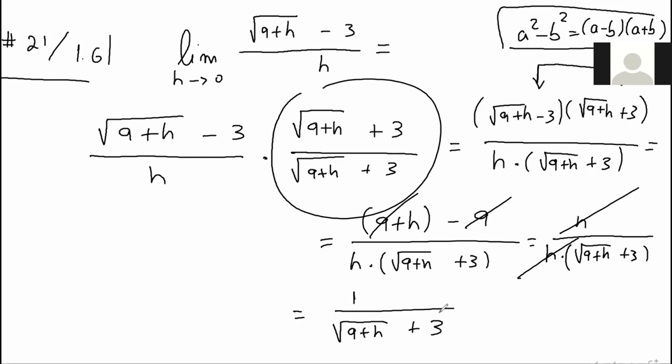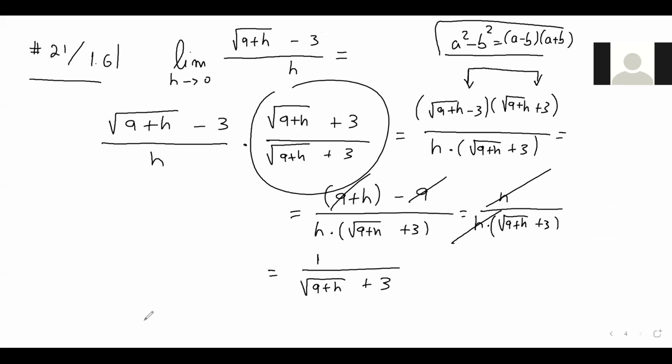All right. Now, this is not done. We have to calculate the limit as h goes to 0, right? So this thing here is the one we want to calculate. The limit as h goes to 0 of 1 over the square root of 9 plus h plus 3, and that's going to be equal to, and then if you look carefully here, what you see, folks, is well, this is going